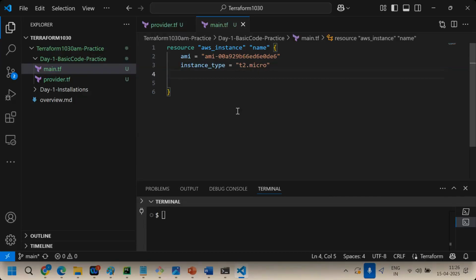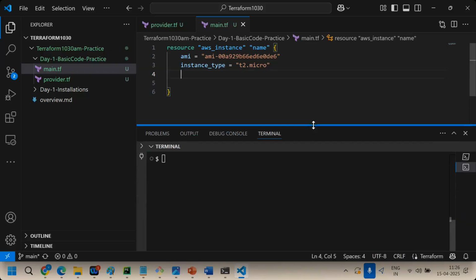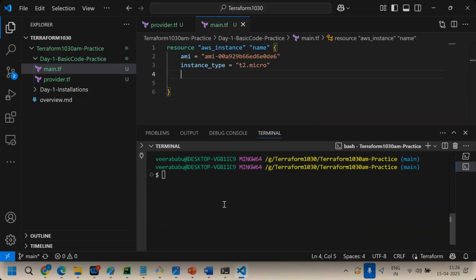Just to create a default EC2. Here the focus is not how many arguments are required. Focus on how Terraform is going to work. You can add multiple arguments to the same server. You can define a VPC and subnet. I'll focus on that in the coming classes. Okay, so this is my code. Yes, understand? This is my code. Now I want to create a server. So how to start the process now? First command is what?